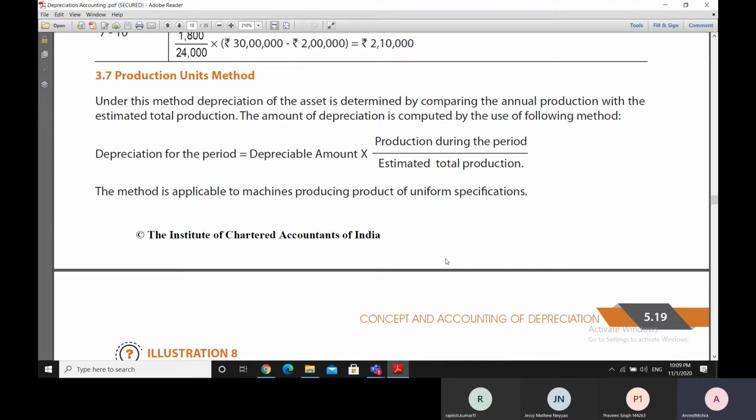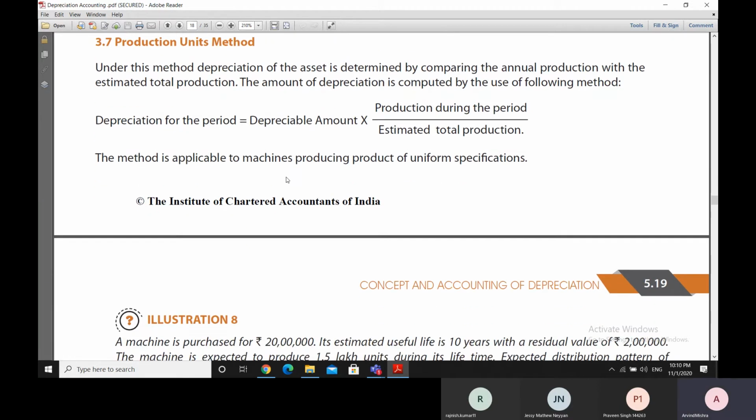If during the entire time the machine will do, let us say, the total production, then we take the amount produced during one particular year and divide it by the estimated total production, and we multiply that with the depreciable amount. And depreciable amount is the total cost minus the scrap value. And therefore this method is applicable to machines which are producing products to uniform specification. Every product is having the same specification. There this method can be applicable,